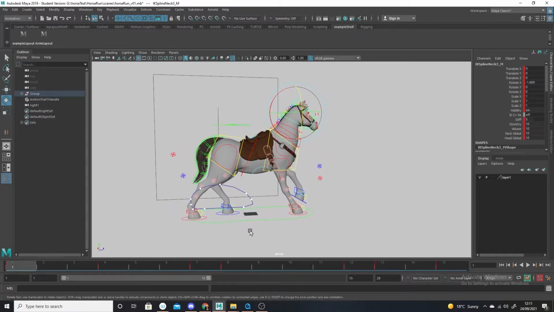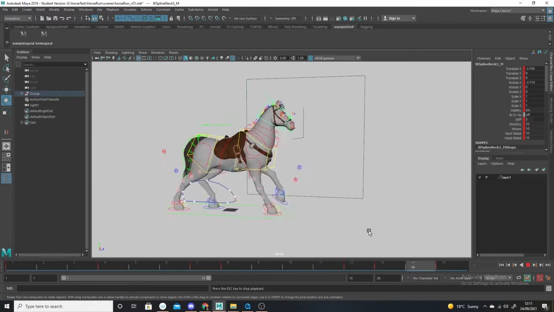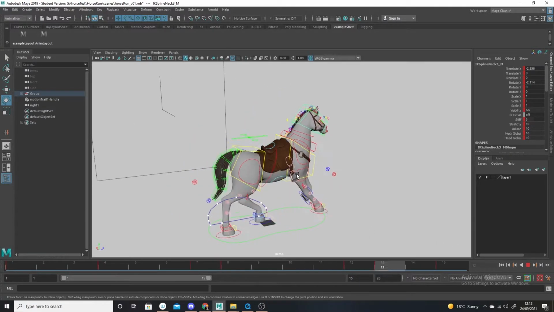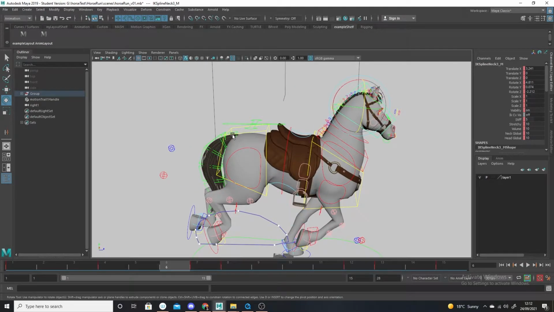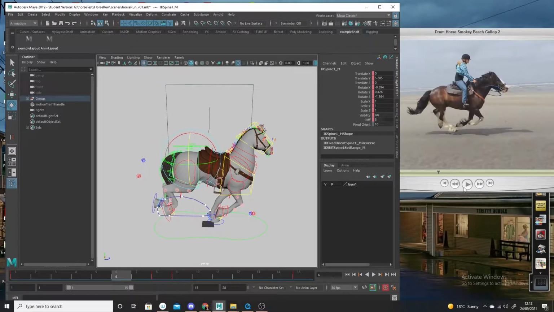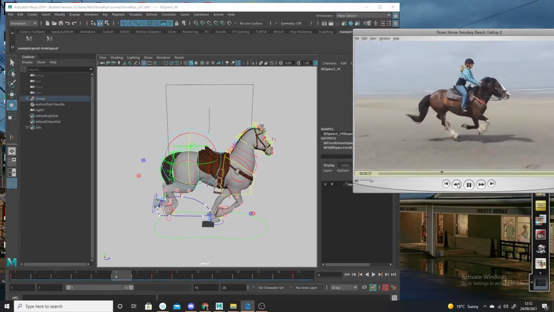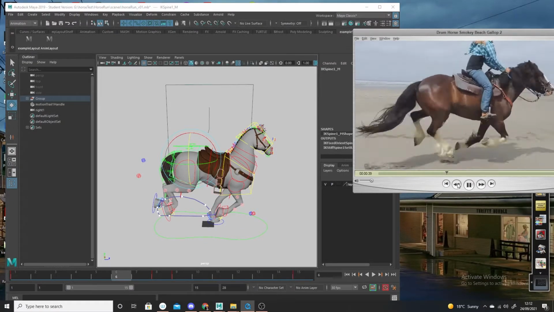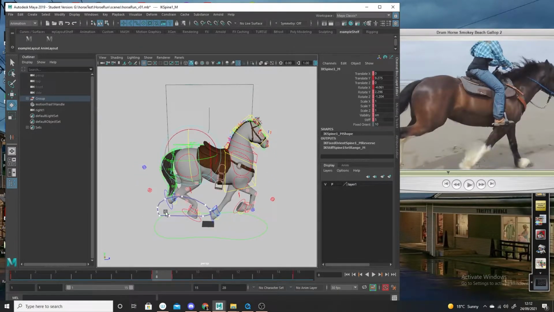And finally, I'll just show you an easy way of doing the tail. So the tails, I mean, you can refine this and get it all to look just as you want it to. But the basics are there. Now, in terms of the tail, again, looking at our reference, if I can get it to work. I mean, it isn't like the tail is really moving that much, but one way of doing the tail is